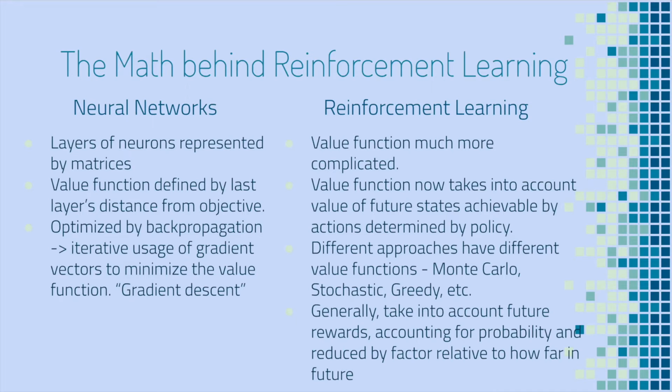To account for this, we take our current state and we look at our future states, our probability of reaching them based on our policy and the actions that you can take. And then you also reduce their reward for futures based on how far they are into the future. And then each of these future rewards has its own value function. So you go forward a good bit, but from there you can have a value function that accounts for future rewards. And you can use that to then maximize your policy and achieve an optimal policy.